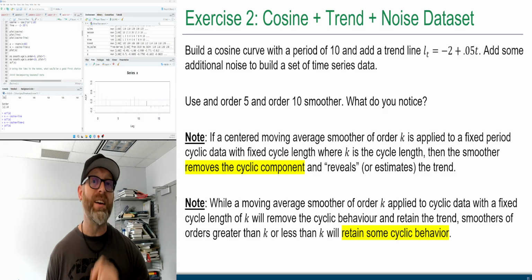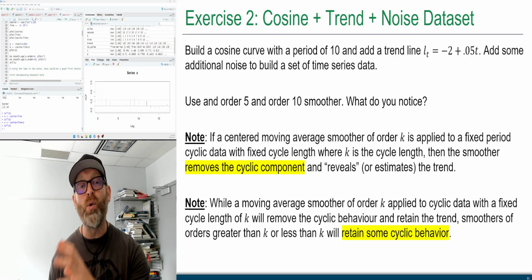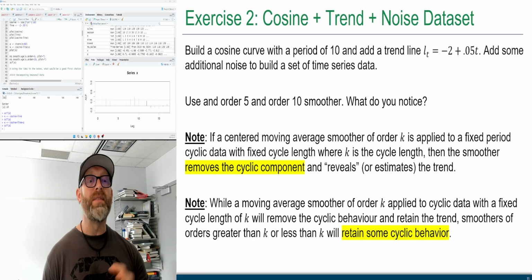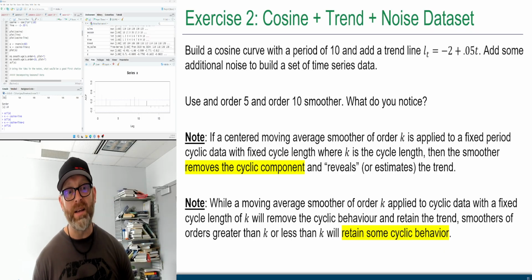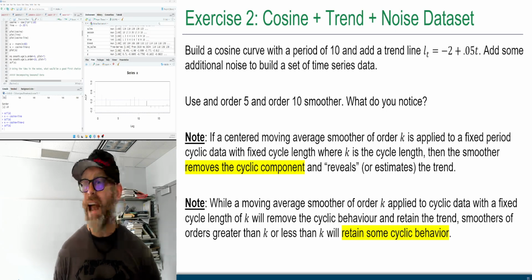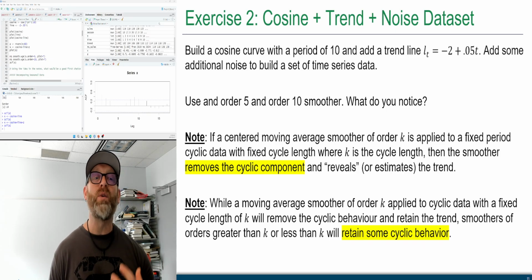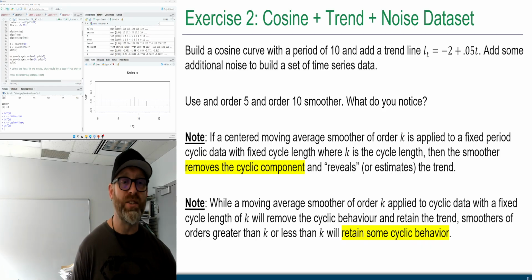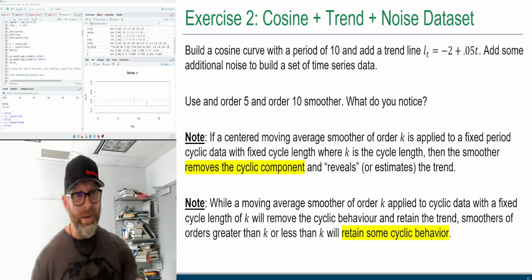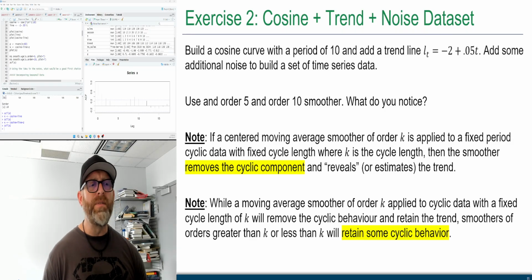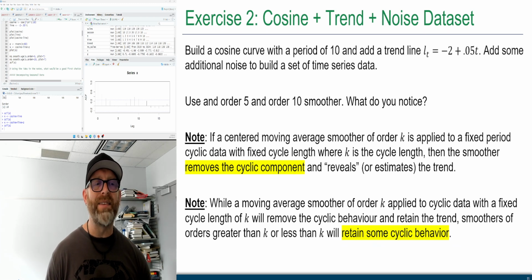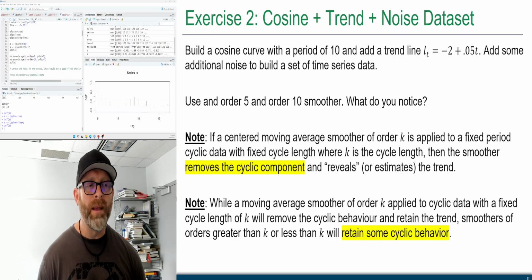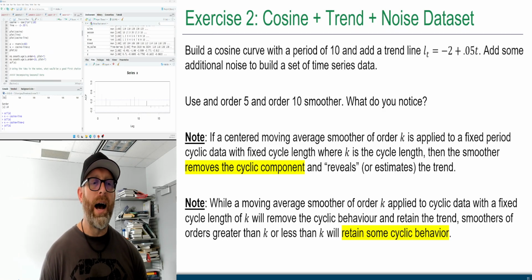Now, it wasn't a perfect line when we added the noise in there because that noise is going to disrupt the smoother part of it, because again, there are those random fluctuations that are happening. But again, we get a good idea and we're able to estimate based upon this data what the trend is going to be. Now, another thing to note here. While a moving average smoother of order K applied to cyclic data with a fixed cycle length of K will remove the cyclic behavior and retain the trend,